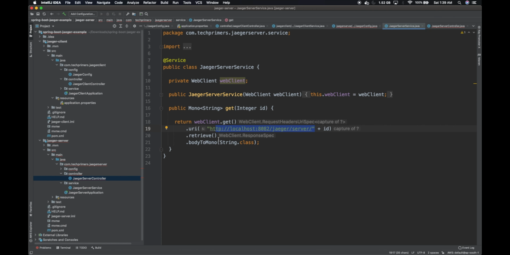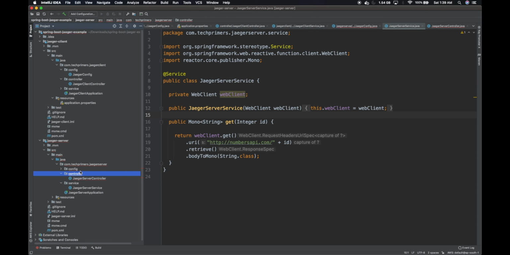So instead of the local host, I want to create a API call to this particular public API, and I'm passing the ID whatever we passed from the client. So when I hit the client using the controller, the same is passed to the server, and from the server we are calling the numbers API and we get the string and then we just return it back to the client, right? That's what we are going to do. And in the server we have added the controller configuration. So I think we are well and good here.